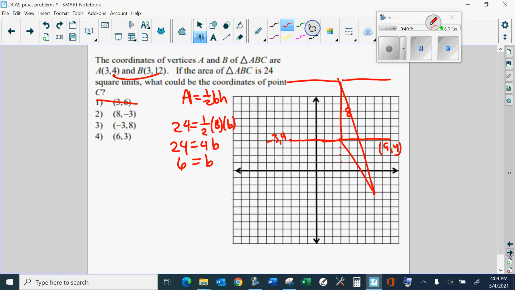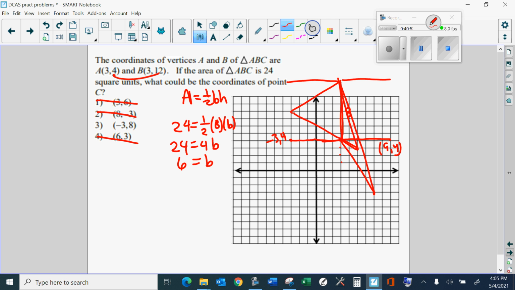Probably not negative 3, 8. Okay. Negative 3, 8, that's a possibility right there. Okay, 6, 3. That's not going to be it right there, 6, 3. So negative 3, 8 is looking good. Okay, so